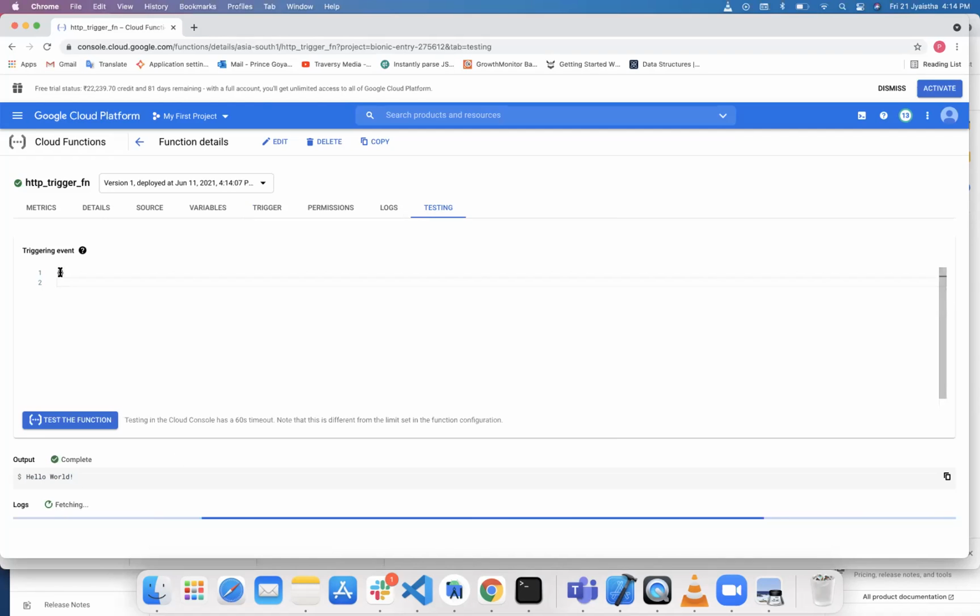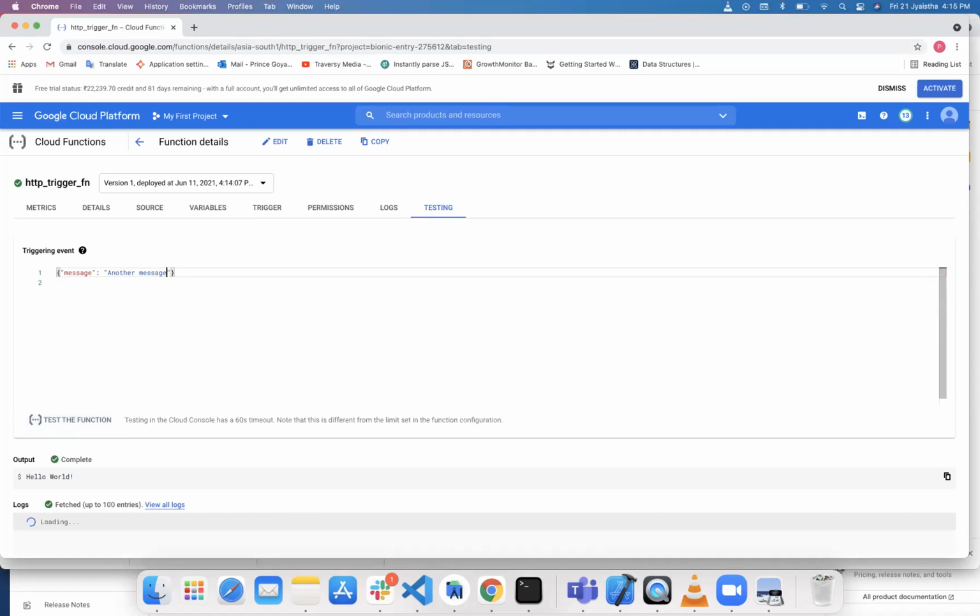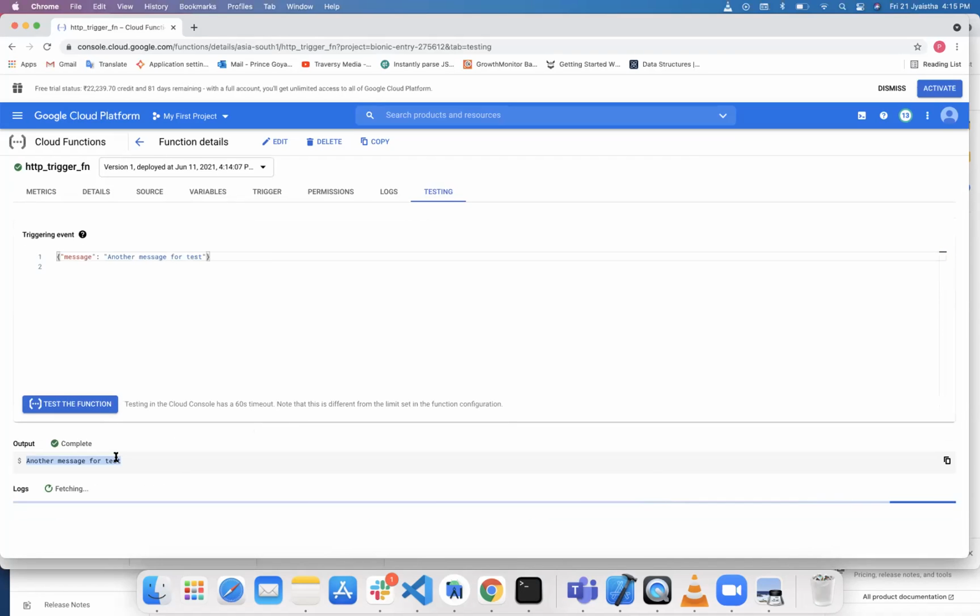We can also test by triggering any event, like we have to send a message. There's another message. We can test it. Another message test is completed.